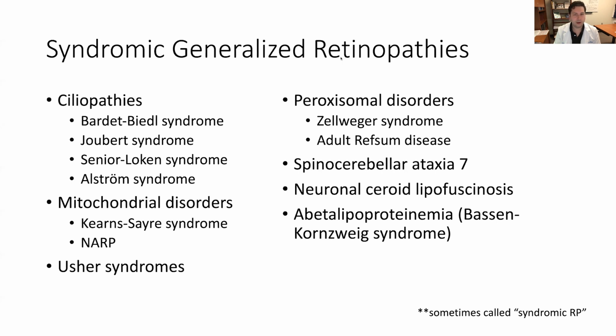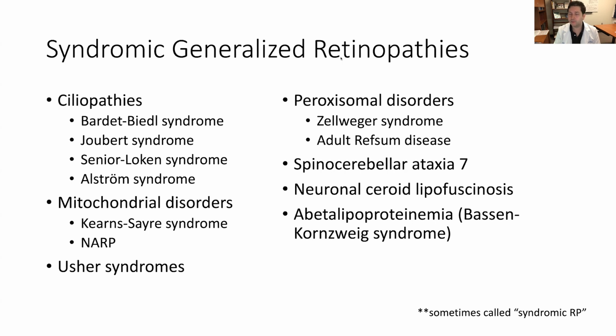And so we think about some of the classic examples being ciliopathies like Bardet-Biedl syndrome, a patient who may present with developmental delay, with polydactyly, sometimes with problems with kidney function. Joubert syndrome and Senior-Loken syndrome and Alström syndrome are all other examples of ciliopathies that may overlap in their spectrum of clinical findings. Mitochondrial disorders that you've probably learned about if you were doing studies in ophthalmology or clinical ophthalmology,